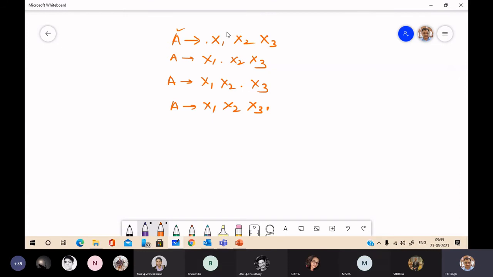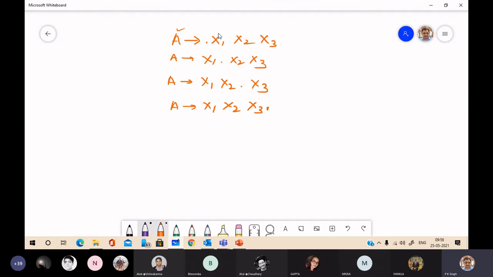Now, see, for the same production, during parsing, you may be at any of these four places. So this will say about four different states.